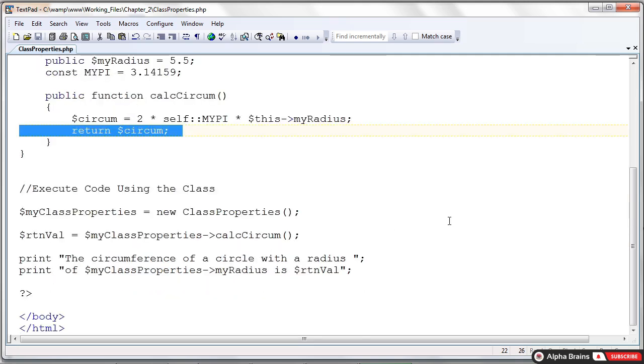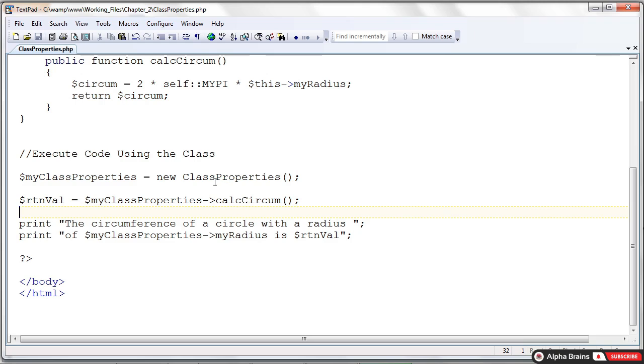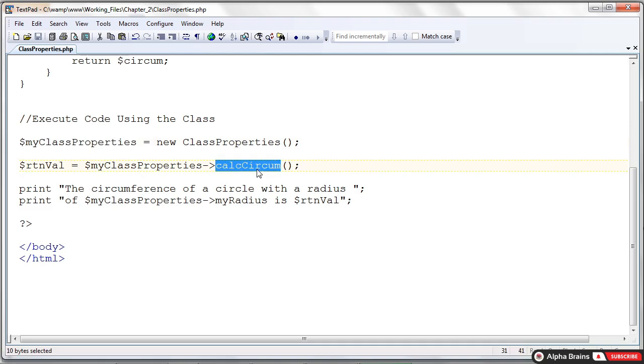Let's go down and take a look at the code again that executes all this. New class property. So we are going to make an instance of this class, and I put it into an object called myClassProperties. I'm going to run the function that is part of this object and receive the return value into here. I broke the print statement over 2 lines just so we could read it. The circumference of a circle with a radius, space, of